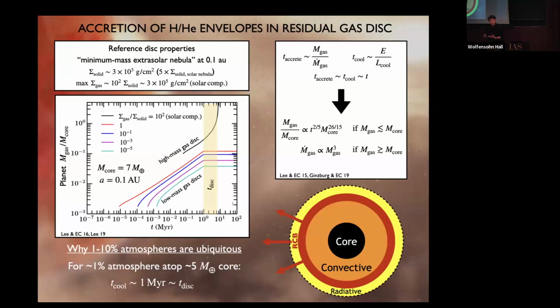That cooling is internally regulated. As anybody who studies convection knows, it's the lid that matters. So the cooling luminosity is set by conditions at the radiative convective boundary. H minus plays a big role. But the conditions there, the opacity in particular, really don't depend on the nebula. You're so deep in the atmosphere that the stuff in the nebula at large doesn't matter very much. This insensitivity, this robustness, the fact that you always wind up with percent by weight atmospheres and that you see them all over the place, I think, is a strength of the theory, that you don't need to fine-tune your conditions too much.